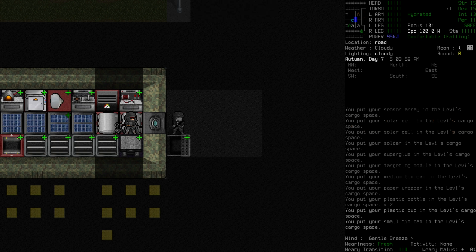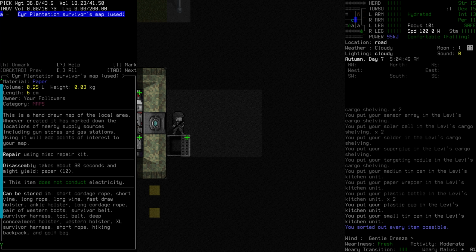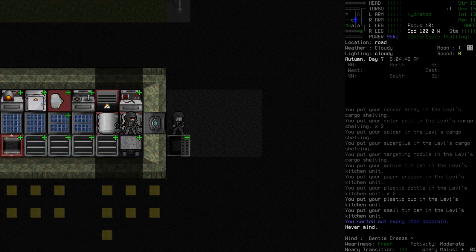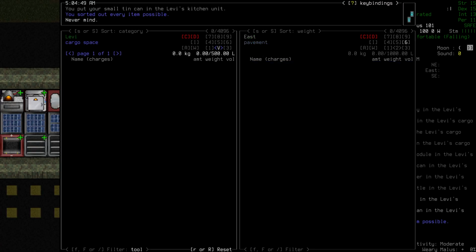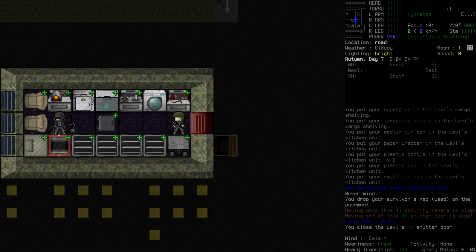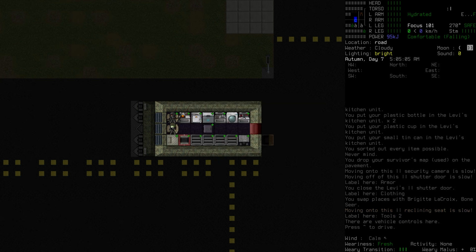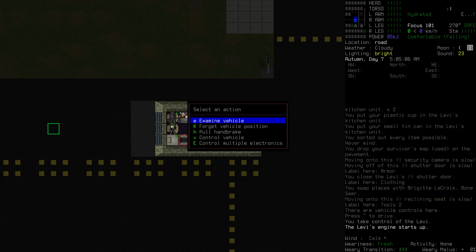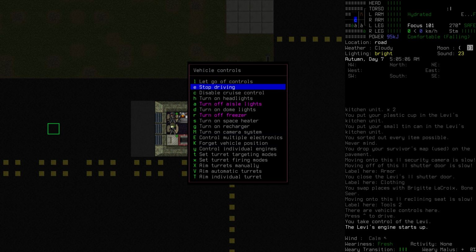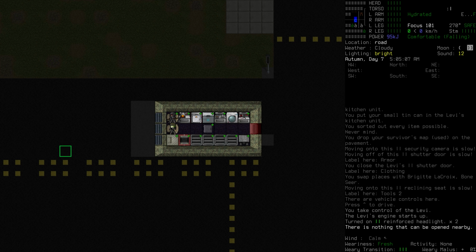And with those in that spot, we can now sort out our loot and we'll put everything everywhere it can go. That's the only thing that I didn't think we'd be able to move, and that we can probably just go ahead and leave on the ground. So we'll just move it over like so. Okay, vehicle, let's swap positions with Bridget here and get this thing going. Control the vehicle, turn on our headlights, and open up the...